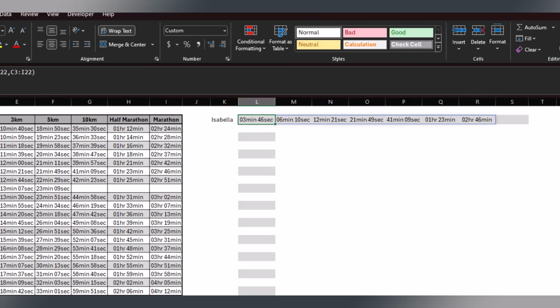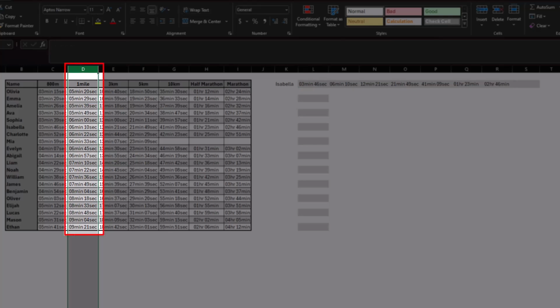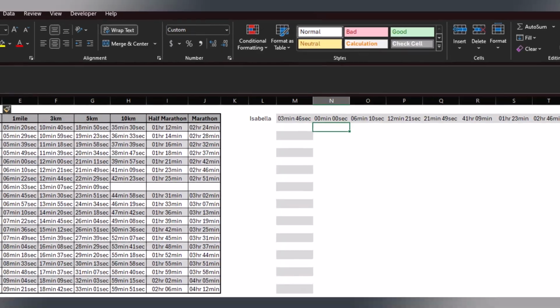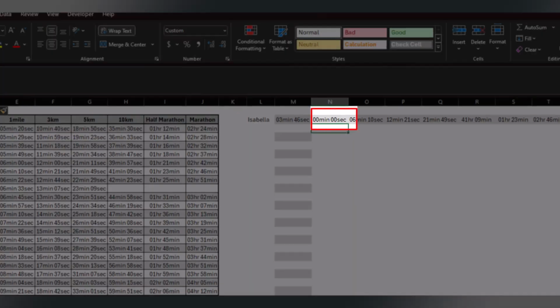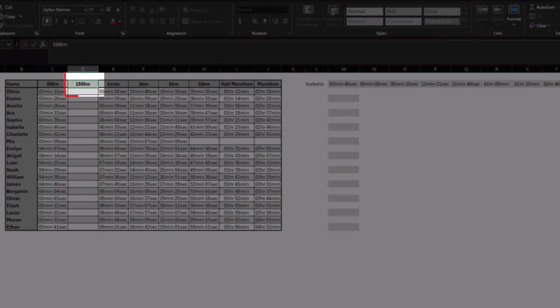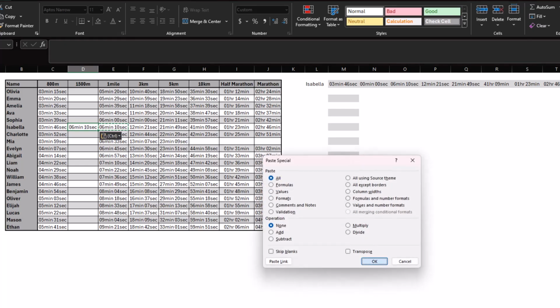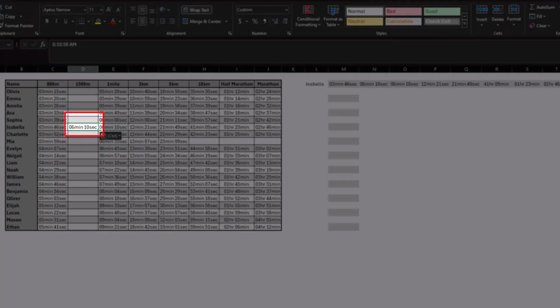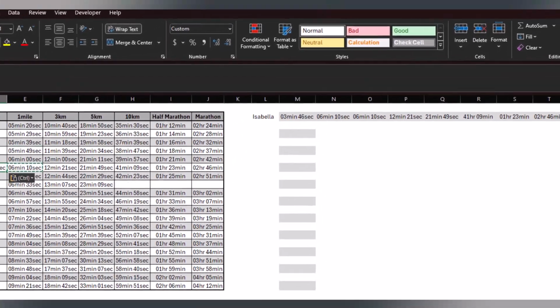Another great feature is that if you insert a column into your table, it will not only not break the formula, but it'll actually add it automatically because we've used this whole array. Let's say we want to add in the times for the 1500 meters. Isabella's also done a 1500 meter time trial, so we can add that column in here. And as you can see, it automatically adds the result in already. If we put her 1500 meter time, say, the same time as the mile, then you can see it returns that automatically, which is a really great